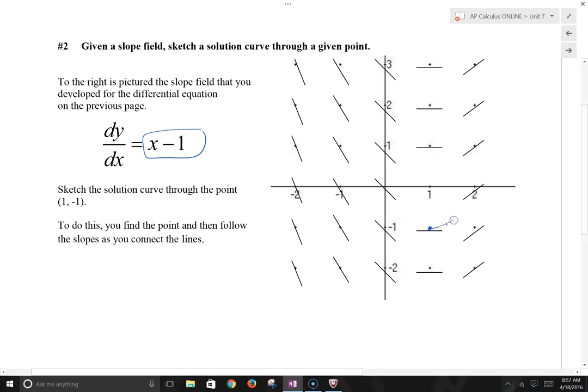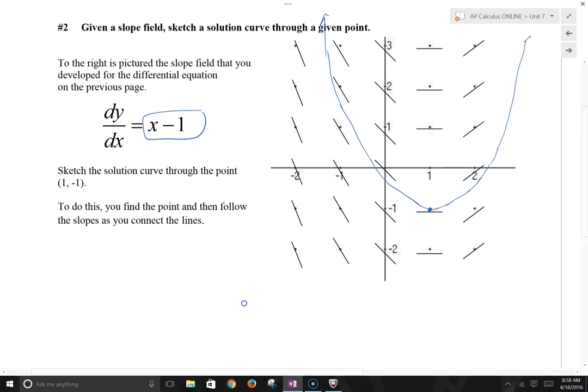And then we just sketch this one in here. It's got to do something, got to be in between. Do something like that. I'm lopsided, but that's about what that looks like. And really, that's all there is to it. You just sketch it in there so it fits with those slopes as it goes through. So the next one,